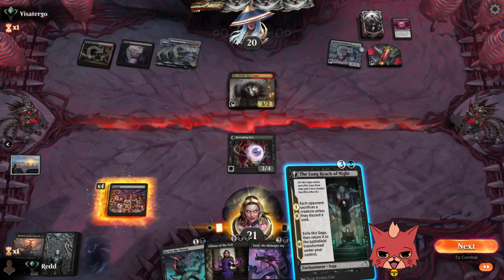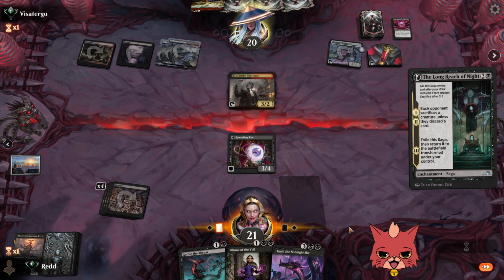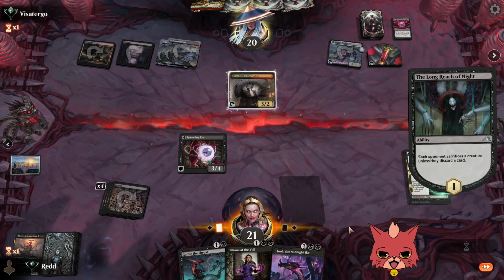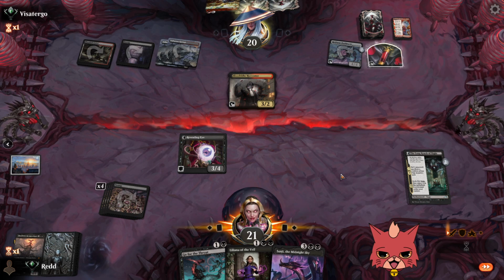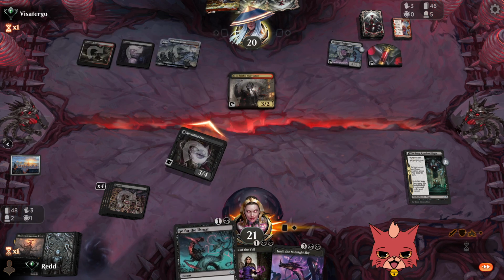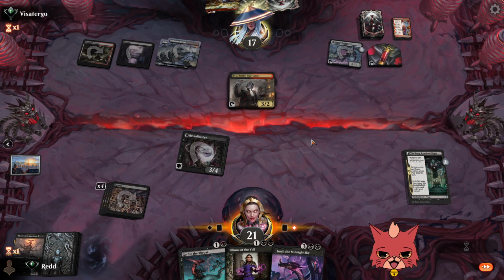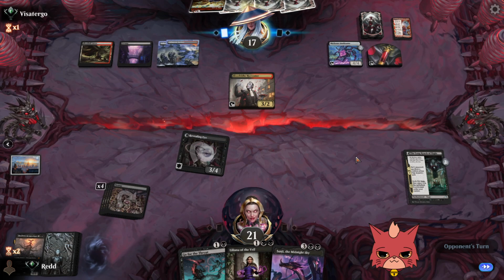Long Reach of Night is totally fine here over the Liliana, because we get a couple turns of them either sacrificing a creature or discarding. Let's do it. I think they keep Harvester, but we can swing by with Revealing Eye. Okay, they get rid of a Fable, so that means they probably have another Fable in hand. Or they think it's too late for Fable, but I doubt that highly, because Fable just does so much, and since they have Harvester ready too...